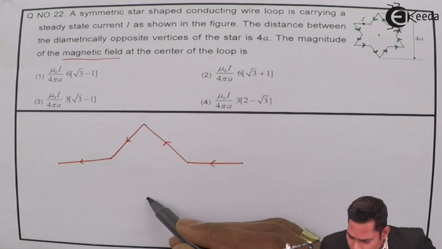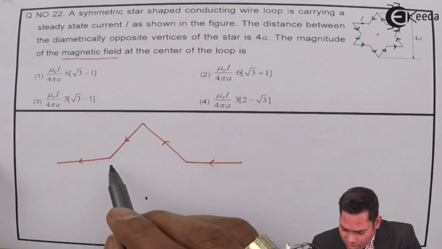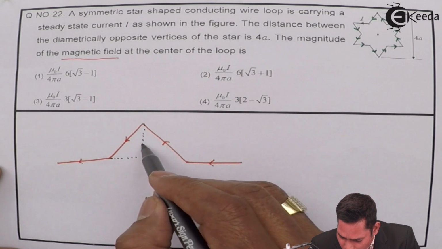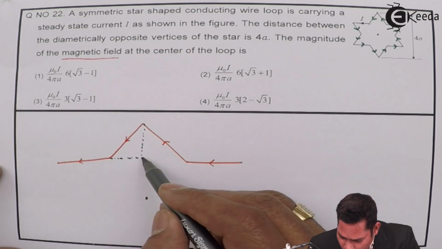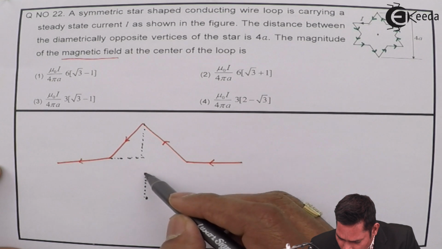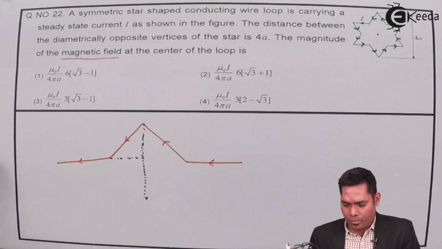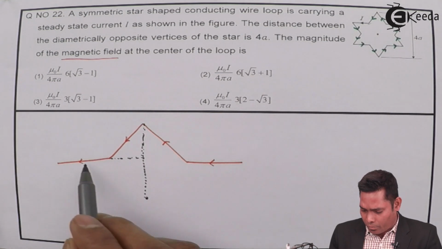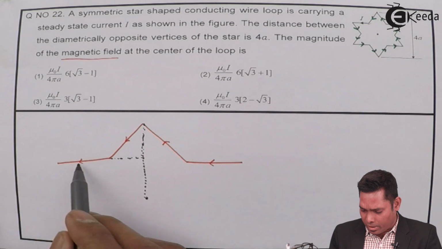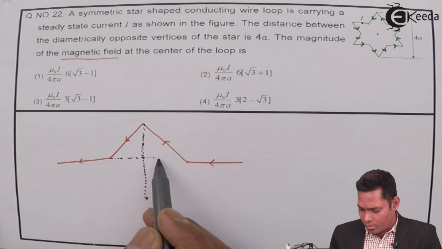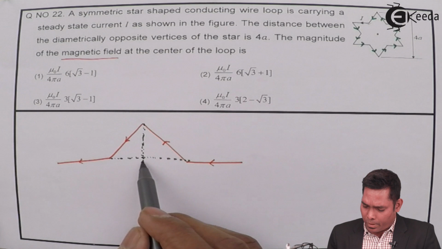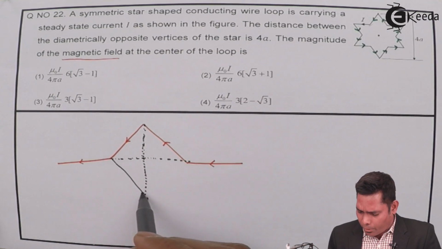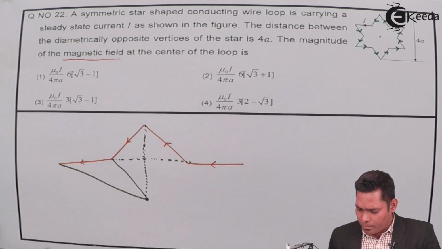Suppose I consider this one, it is better to work out. This is the line, this is the perpendicular line drawn from here to this extended line. This is the perpendicular distance. So if I join this part of the conductor to this point and this to this point,